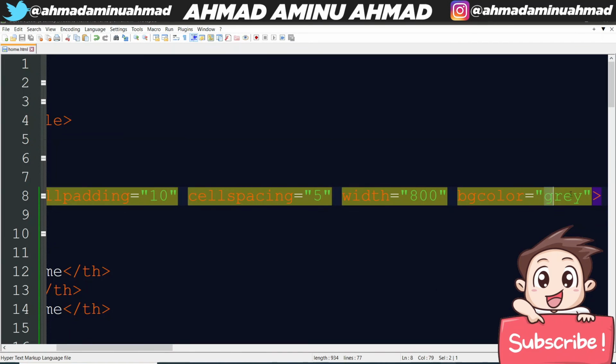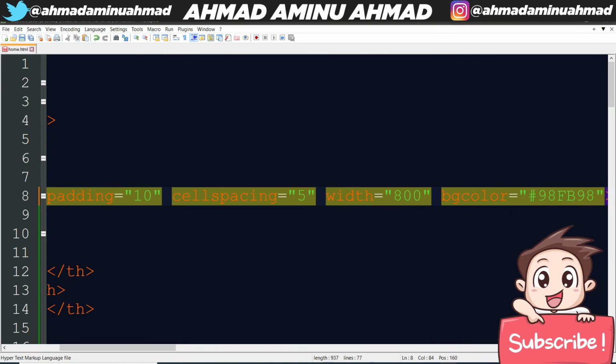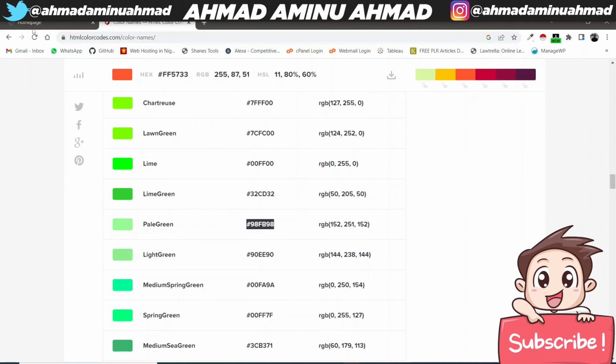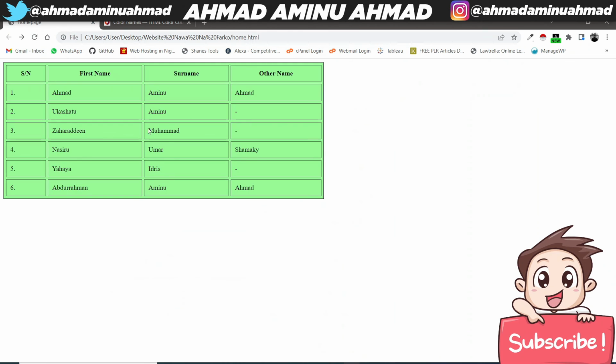If we go back to color like this, just paste that hex code, just save it. So now let's go back to our website and refresh. You see this is how the color will look like. So this is what we are going to discuss in this video about attributes of